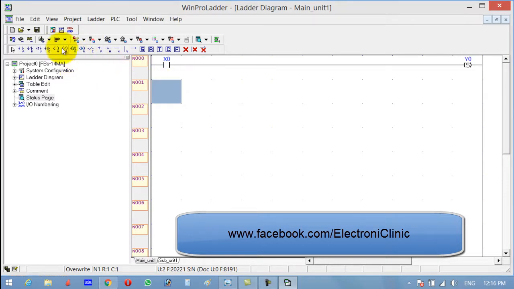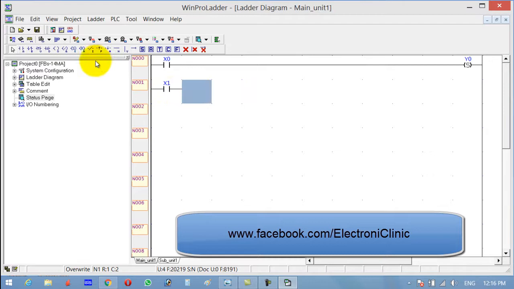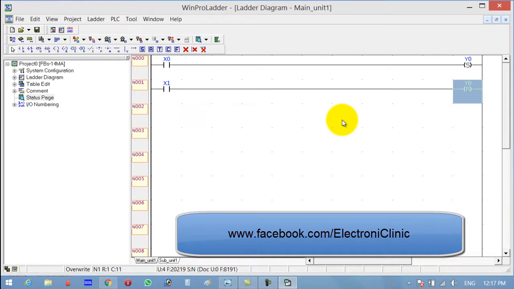Now click over here and X1, and you can also write R for the reset. So press R and write the same output address, Y0. Okay,